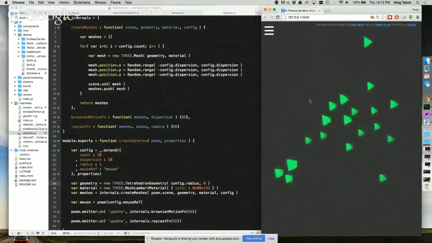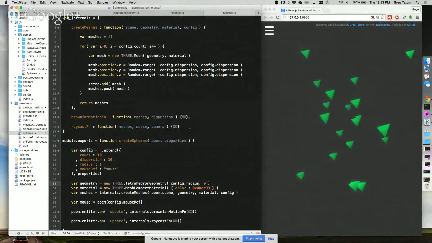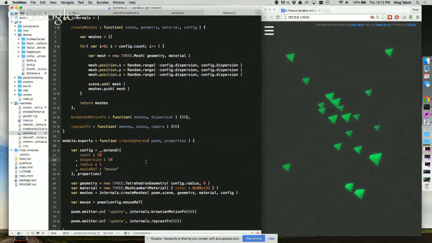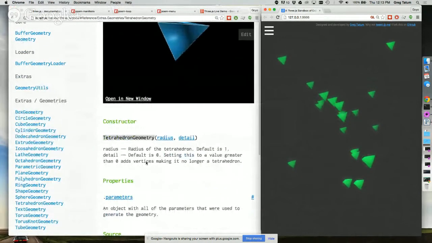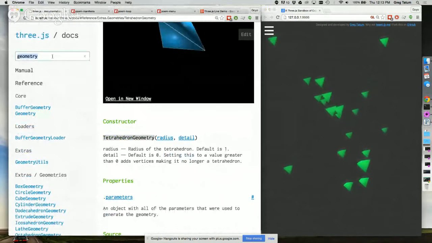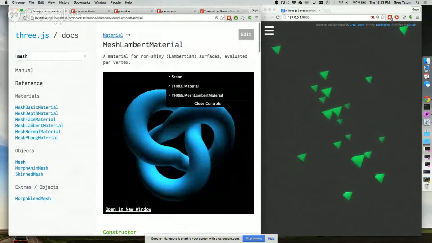And right now it's smooth shading on. Smooth shading has to do with normal calculations, which I probably won't go into, but it doesn't look so good. So I'm gonna change it to, I have to look it up, because I forget this. Go to mesh, Lambert,